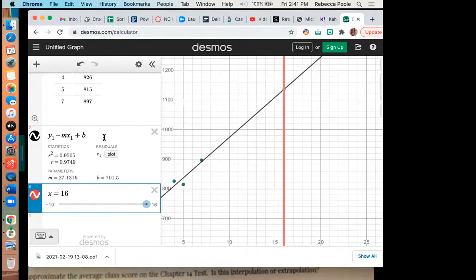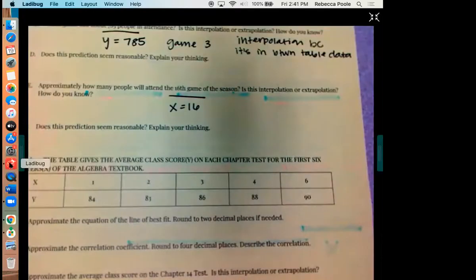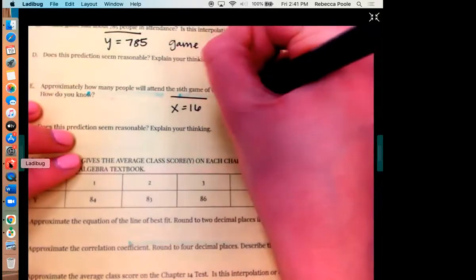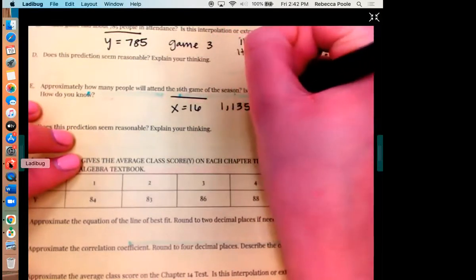Y'all see how I got it? Because I'm about to turn y'all loose in a second. I don't even think we're going to get to example 2. I just want y'all to try your homework. 1,135 people. Now,